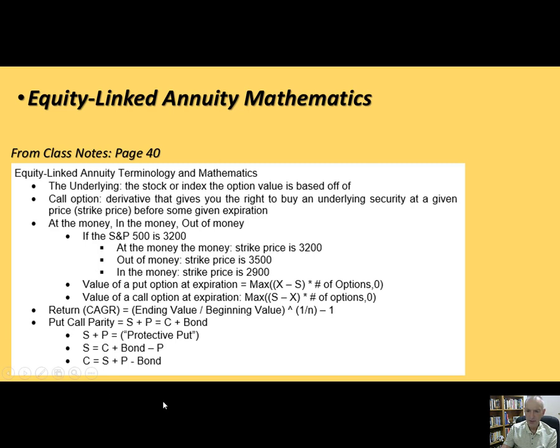We'll come back to put call parity, but essentially what put call parity says is, if you buy a stock and a put option, you will get the exact same return as if you bought a call and you bought a bond whose maturity value is exactly the strike price. Now these are all at the money. So if you have a stock that's $38.20 on MetLife, and you buy a put option with a strike of $38.20,